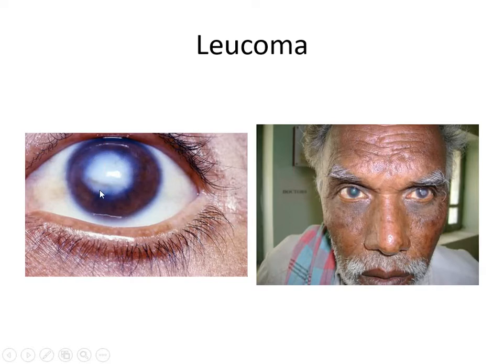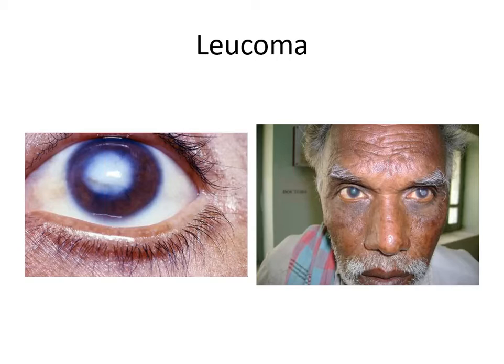If any injury occurs in this portion, there is a drastic fall of vision, because light enters the eye through this only. The peripheral portion of the cornea doesn't participate in refraction. Only the small 4 millimeter diameter area in the center of the cornea, which lies in front of the pupil, participates in refraction of light, and the patient will be able to see if this area is normal. If something happens in this area, inflammation, infection, or opacity, then a drastic fall of vision will be there.